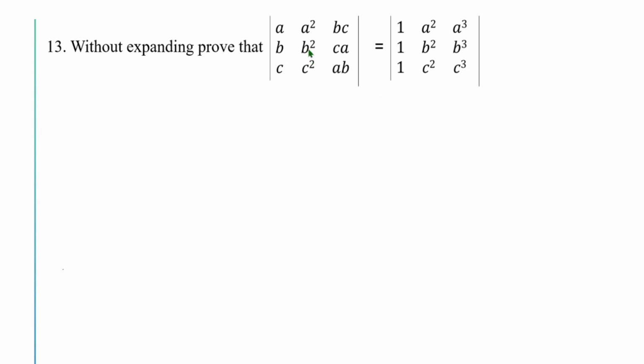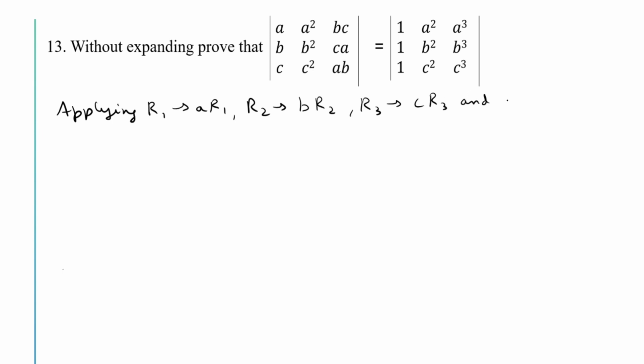So here let us apply R1 changing to a into R1, R2 changing to b into R2, R3 changing to c into R3, and dividing by abc. So we get